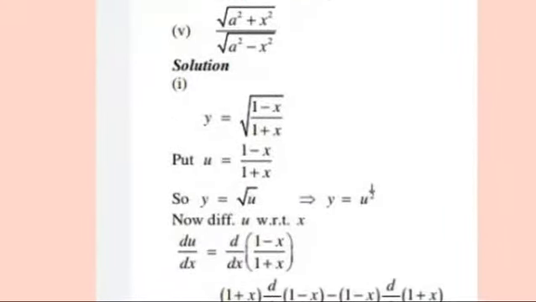Question number 1, we have to calculate the derivative by making suitable substitutions. y is equal to (1 minus x over 1 plus x) whole power 1 by 2, or the whole square root. So first of all, put u is equal to, take any a, b, c, d or u, whichever you feel is easy. I have taken here u is equal to (1 minus x) over (1 plus x). So it means that y is equal to square root u, and y is equal to u raised to power 1 by 2, as the value of square root is 1 by 2.